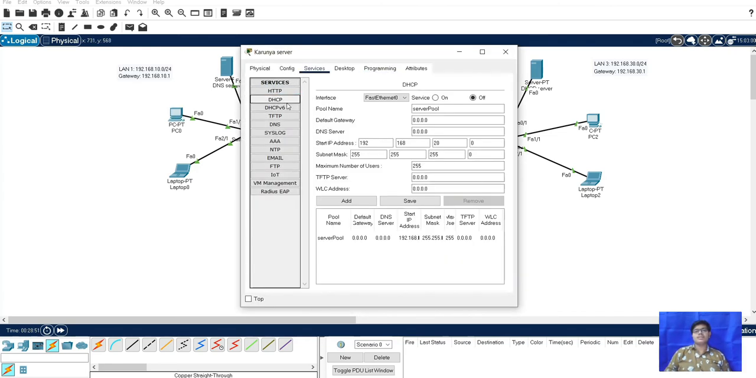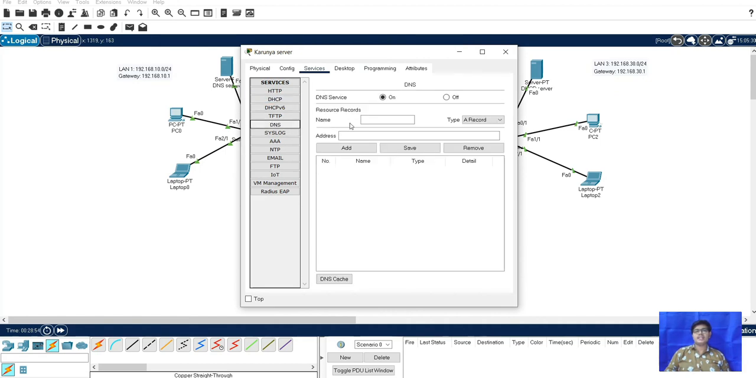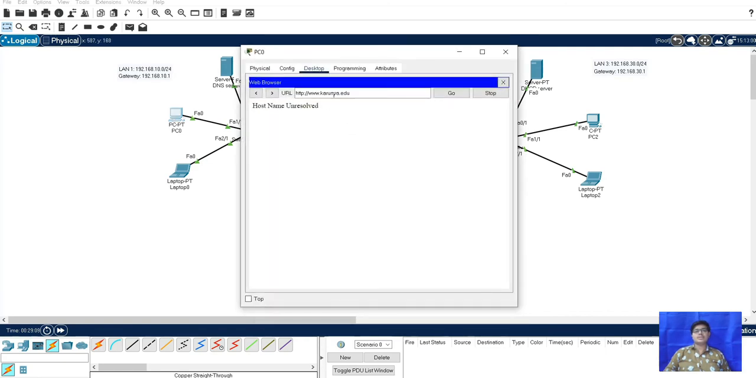HTTP port is on, DHCP is off because we don't need it here. After that the DNS server, for that we will add www.karunya.edu, and the address is 192.168.20.2. So this will be added here. After that we will try to access here. Okay, for the web browser, www.karunya.edu,